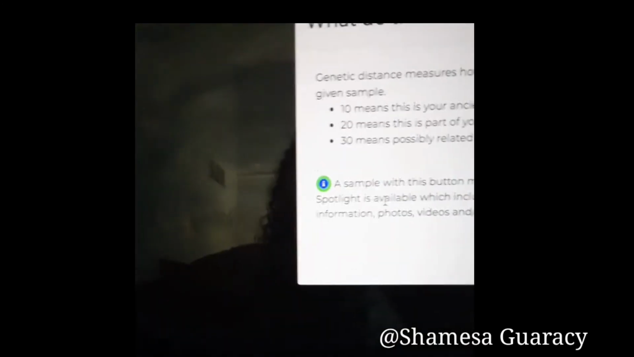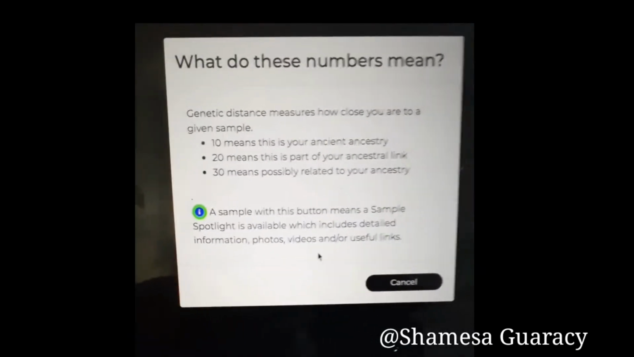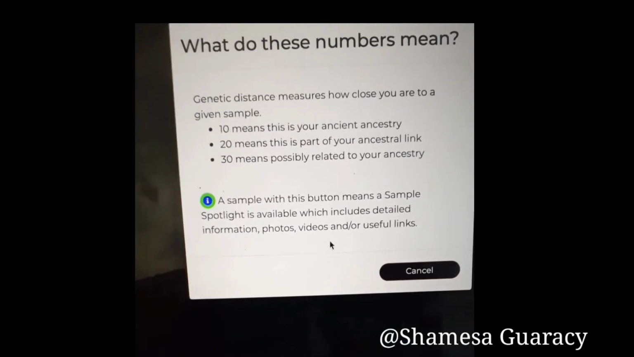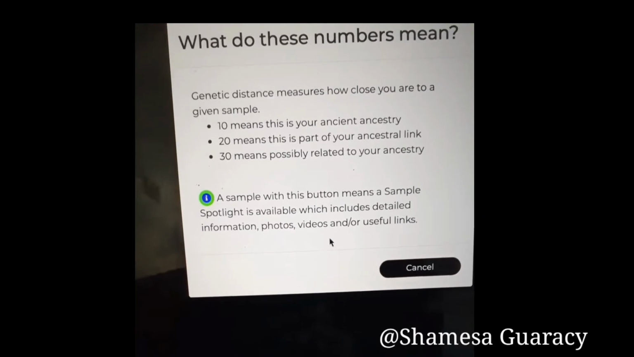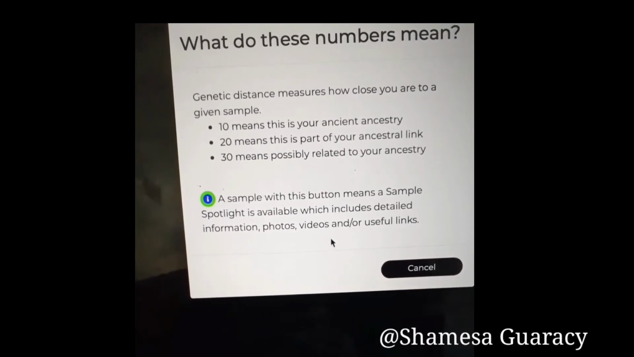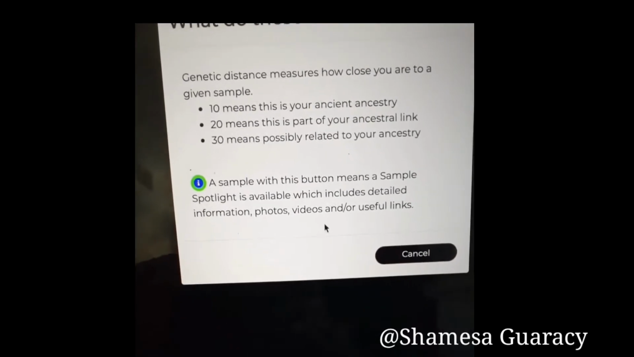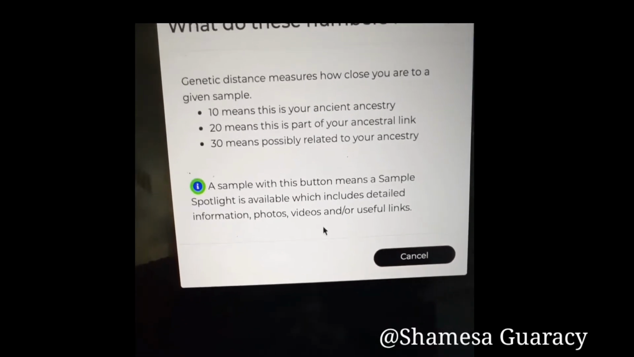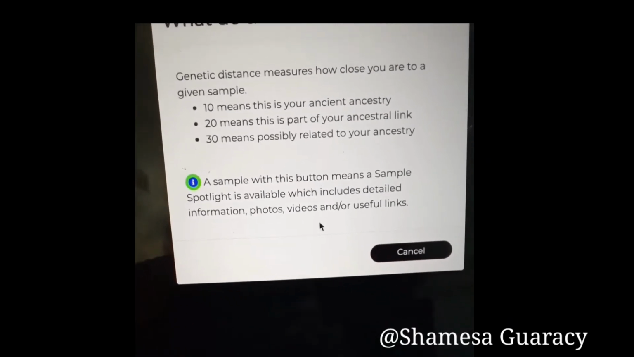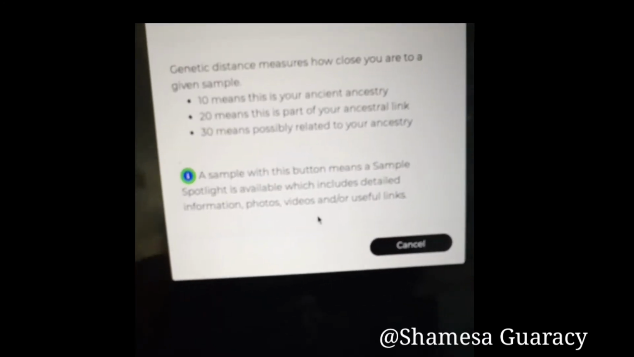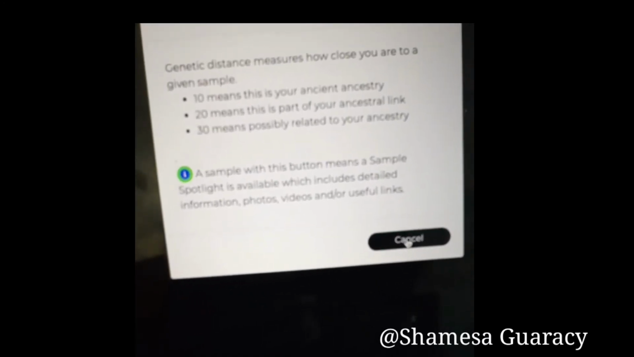So here is the chart. Genetic distance measures how close you are to a given sample. 10 means this is your ancestry. 20 means this is part of your ancestral link. 30 means possibly related to your ancestry. So with that victim,